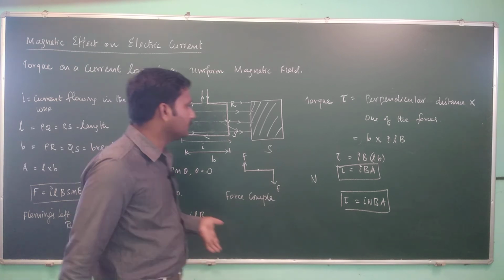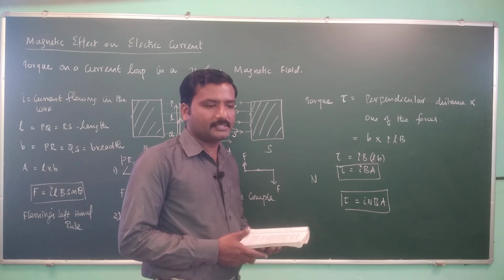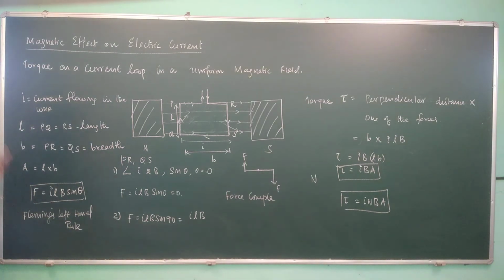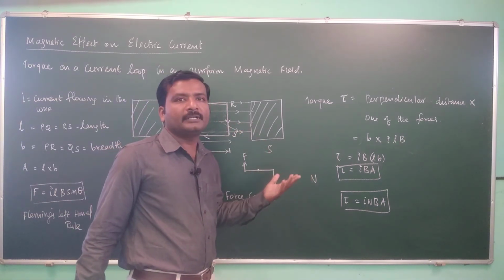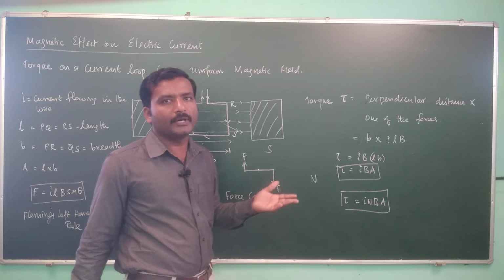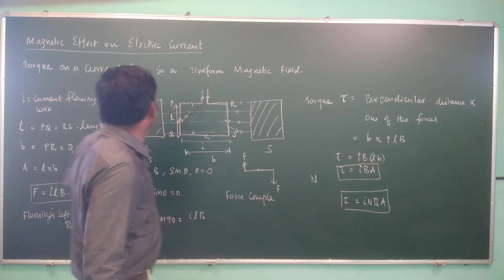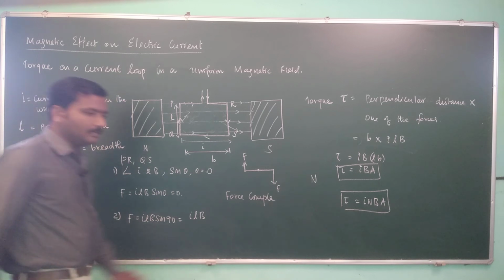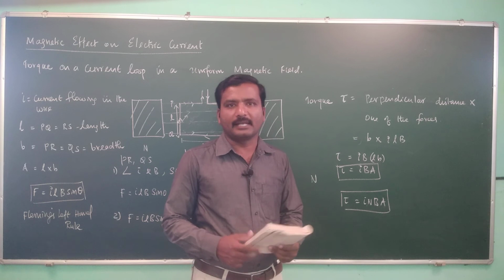It's a very simple concept, and let us continue with the moving coil galvanometer, how it works, in the next lecture. So today we have discussed the Oersted experiment and Ampere's swimming rule, and then the force expression when a current carrying wire is placed in a magnetic field, and Fleming's left hand rule to denote the direction of the force, and an expression for torque on a current loop in a uniform magnetic field. So with this, let me stop here, and we will continue with the moving coil galvanometer in the next class.